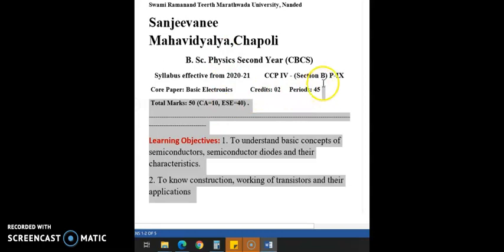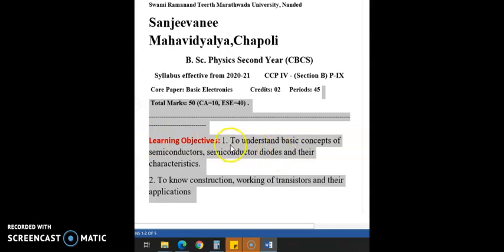As I have already told you, this paper is of total 50 marks: continuous assessment 10 marks, end semester exam 40 marks. Here, this is paper number 9, and the objectives of the learning